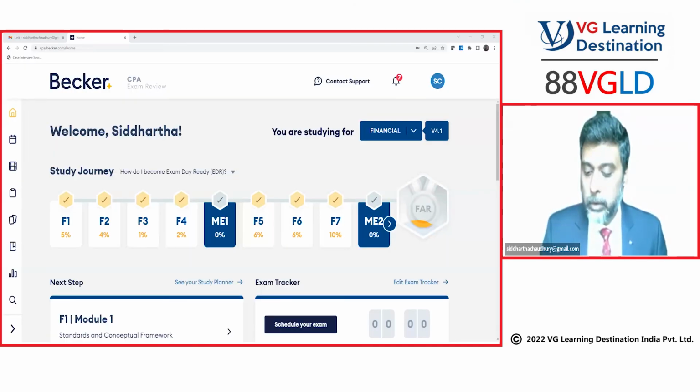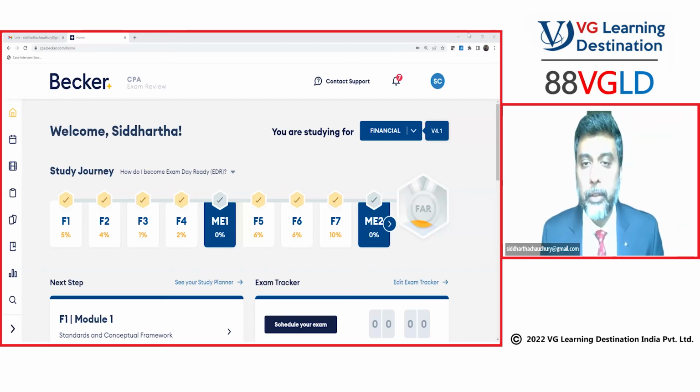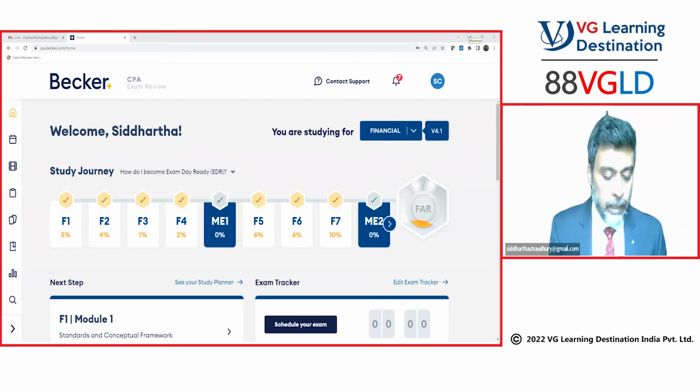Okay, so this is how the software looks like, right? I'm on the home page right now. And here on the left where the cursor is, this is the home icon. So I have clicked on this and this is the page that has come up.